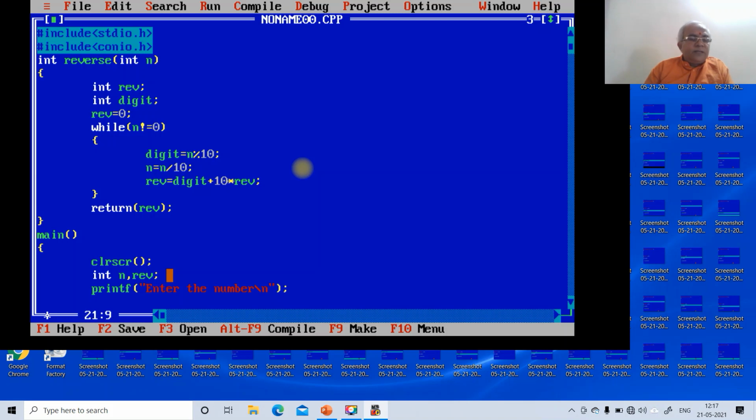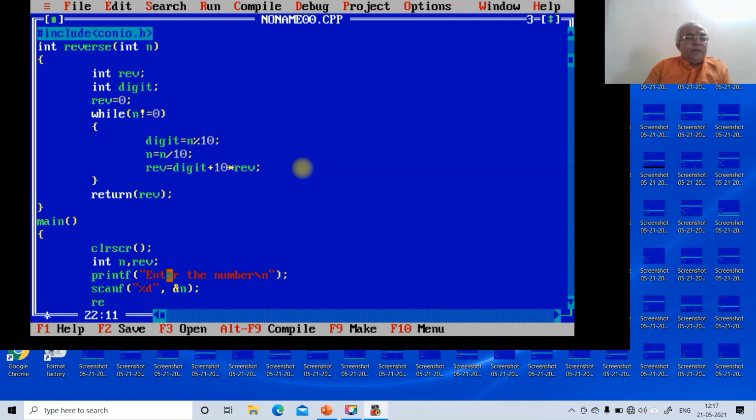So that is the number 567. Then scanf %d and &n. Then rev equals reverse n.